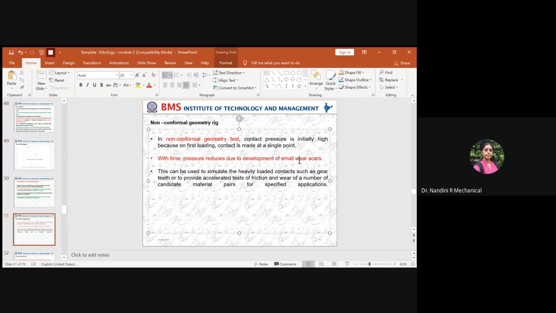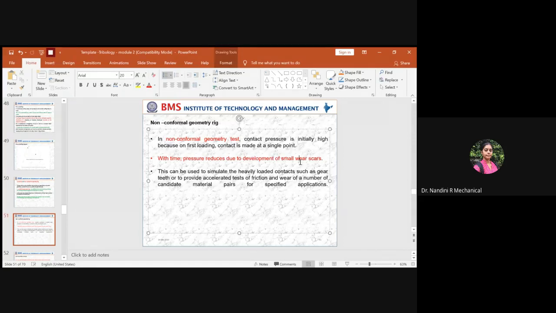Why does wear come into the picture? Due to heavy load or heavy pressure applied at the contact, and those materials are not capable enough of bearing the pressure or the load. This usually happens between hard materials of different types. As a result, deformation comes into the picture, and the asperities from the harder material transfer to the other, and the wear penetrates, junction growth occurs, and the scars increase.